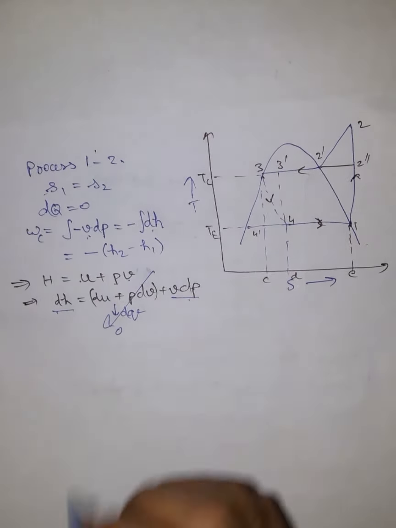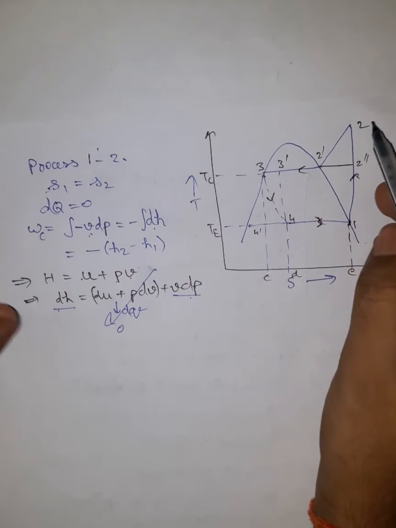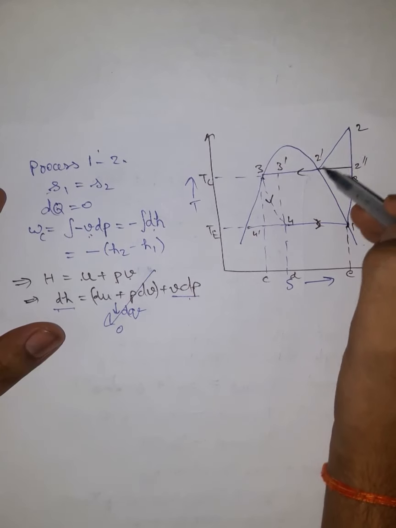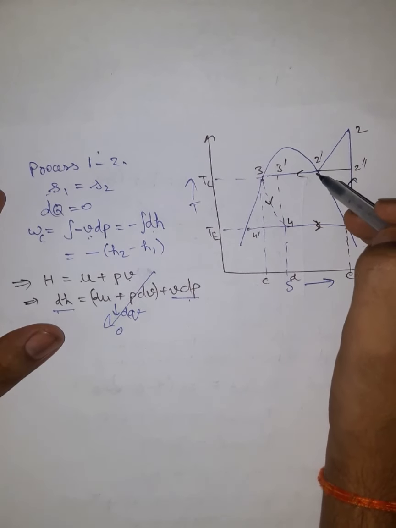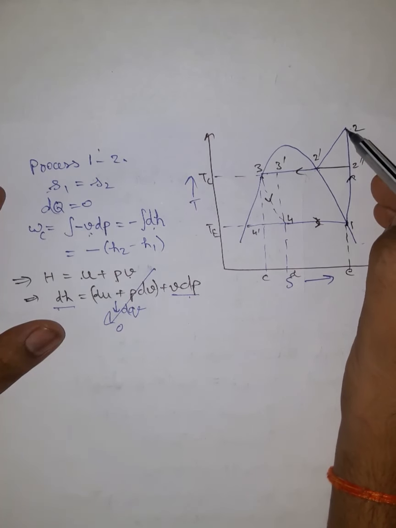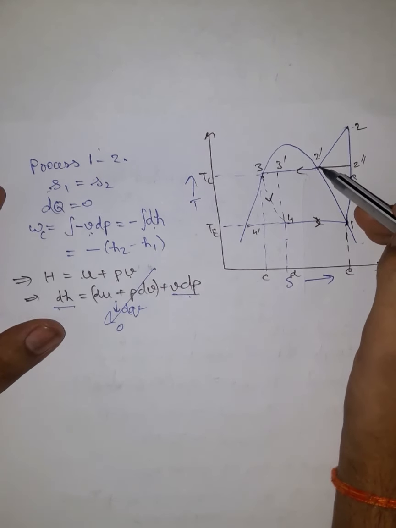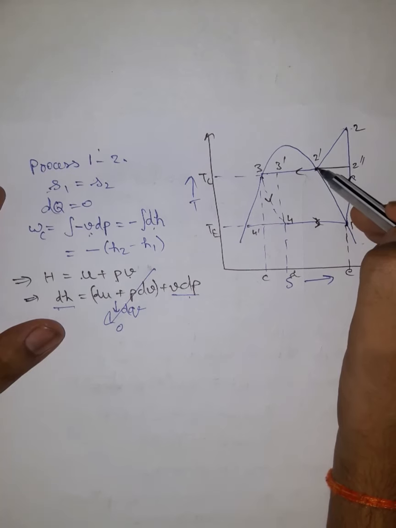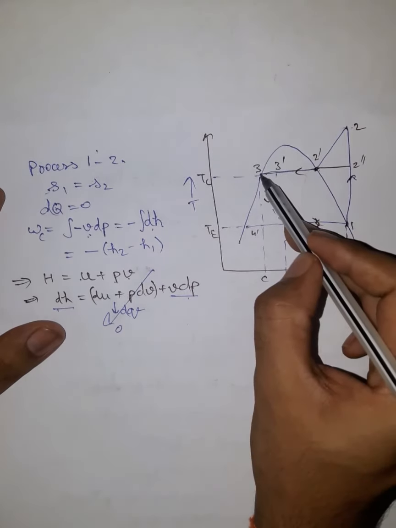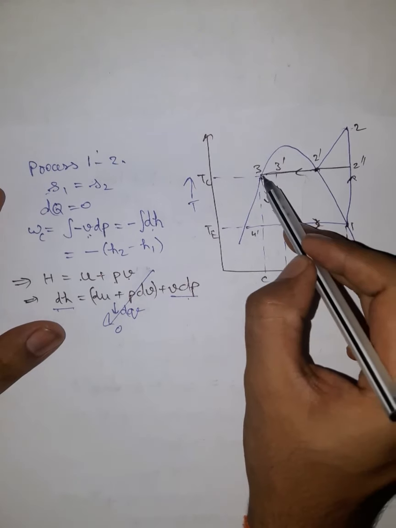Now we move to the process 2 to 3. What is happening for the process 2 to 3? There is heat rejection, and heat rejection is occurring in two stages, from 2 to 2 dash and 2 dash to 3. From 2 to 2 dash, the vapors that are in the superheated state are desuperheated, and they are coming to the final state, that is of saturated vapors. Okay, and after that there is a phase change occurring from saturated vapor to saturated liquid.